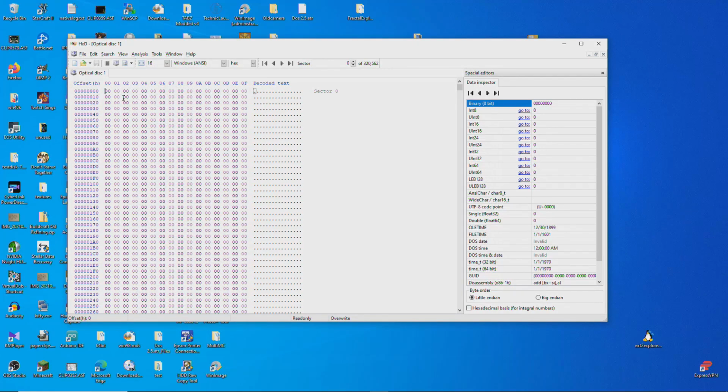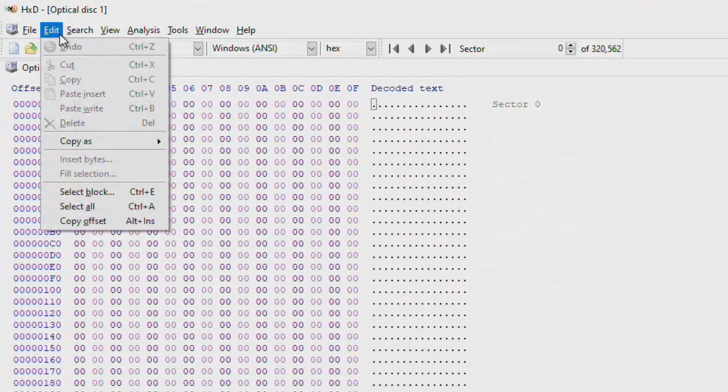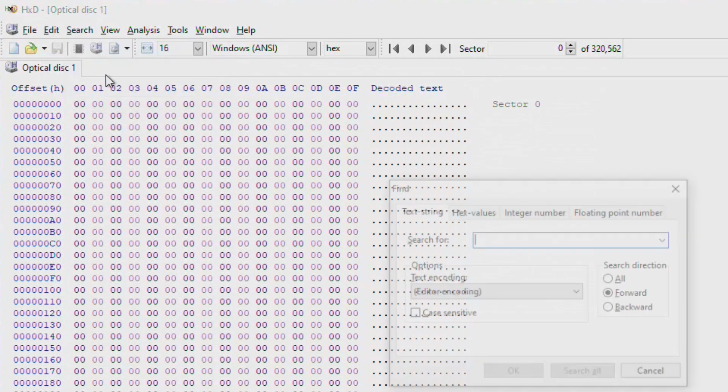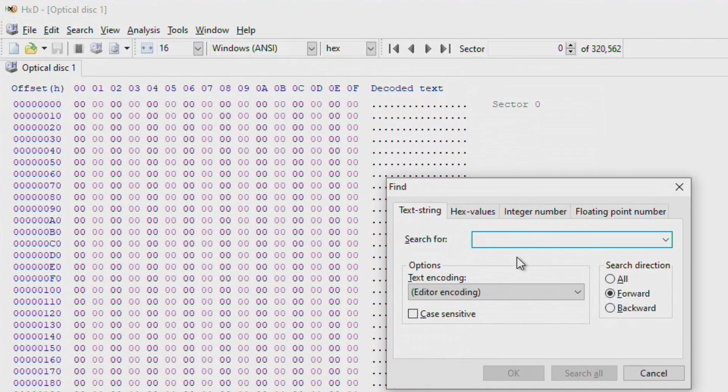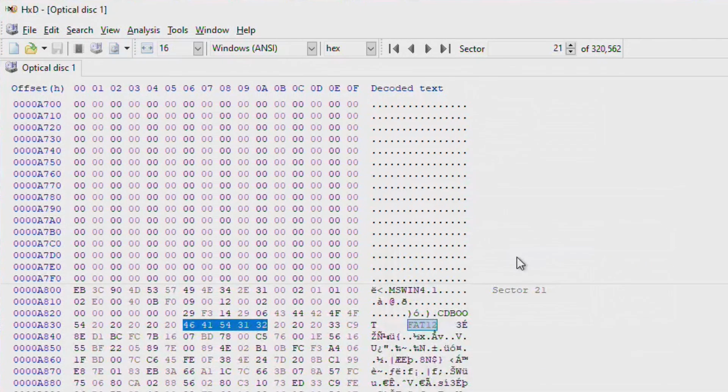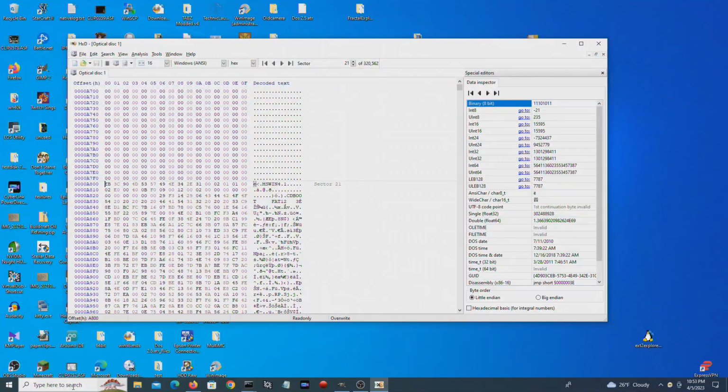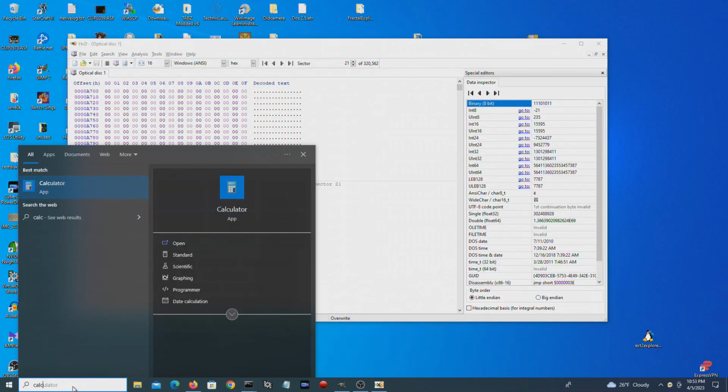Now, what we need to do is there is a bootable 1440K floppy image on here somewhere. In order to find it, we need to search, find, and search for the phrase FAT12. There we are, here it is. It begins here, and it's 1440K big. So if we run our calculator,